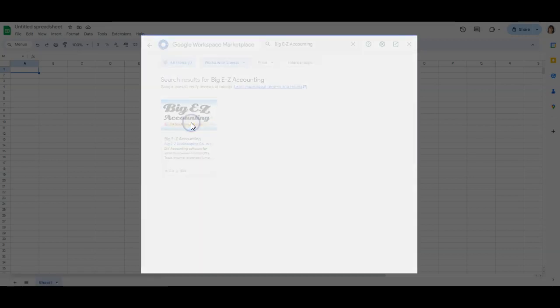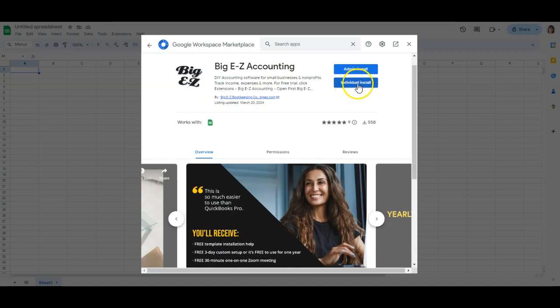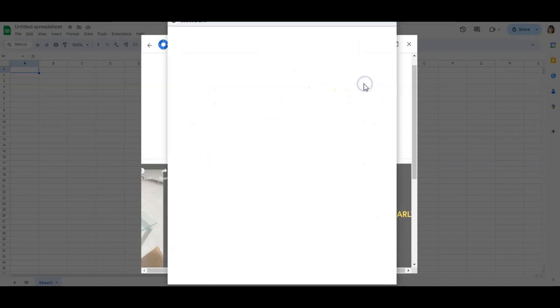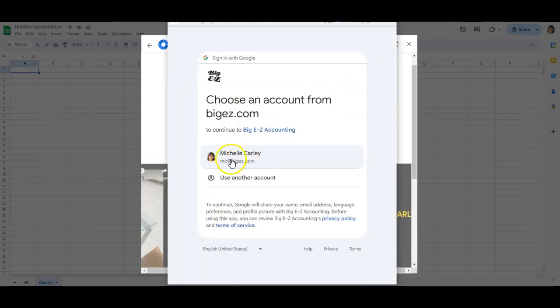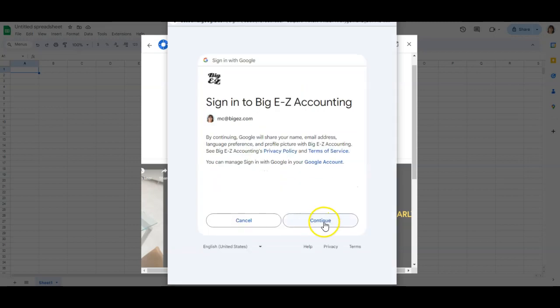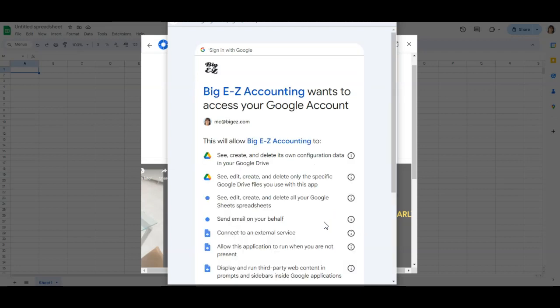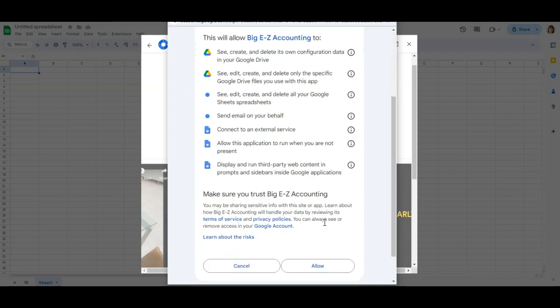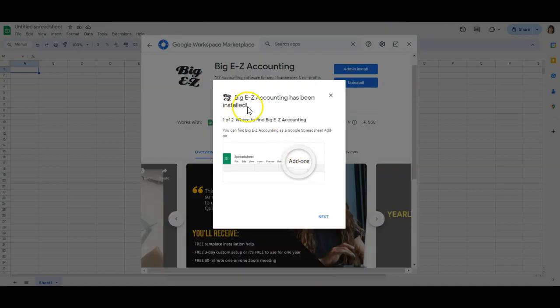Click on the icon. Then click on Individual Install. Then click on your Gmail. Then click on Continue. And scroll down to click on Allow. Now, Big Easy Accounting has been installed as an add-on, and now you need to open up the first Big